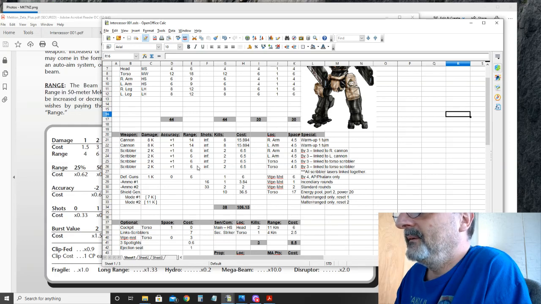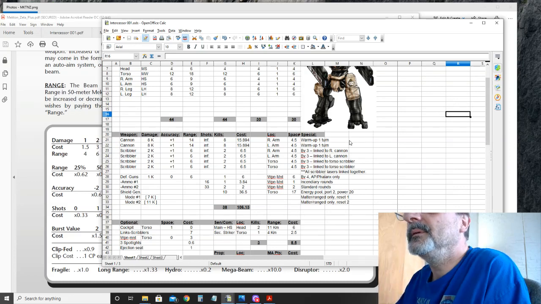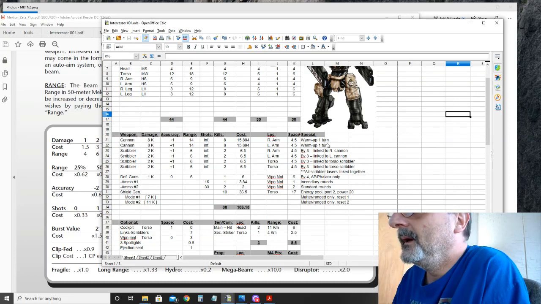In the 14 hex range, it doesn't really have difficulty firing or hitting anything. But once you go past that 14, it's going to have a little more difficulty targeting and getting a good hit on anything. And then the final detail I put in this weapon is the warm-up time. Basically, it means every time it fires, it's going to have to wait a turn to charge up and be